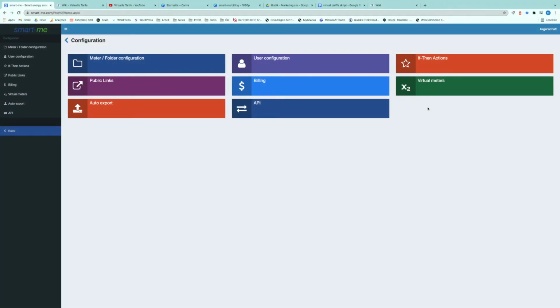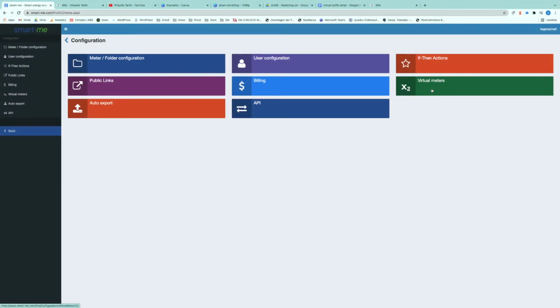The solar tariff is also a virtual tariff, but it needs a little bit of calculation to get to it. To configure the solar tariff, you need to know what the total solar production is and what the total consumption is. First one is easy. We get the total solar production from the PV meter. To get to the total consumption, you need to create a virtual meter which sums up all consumers.